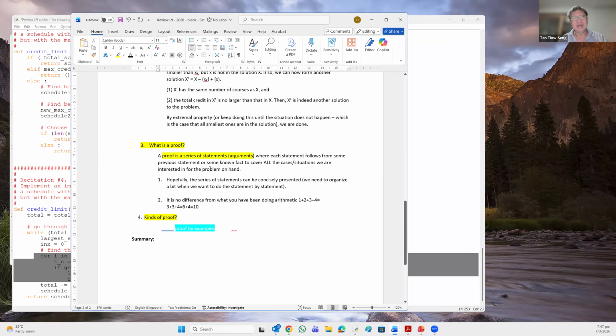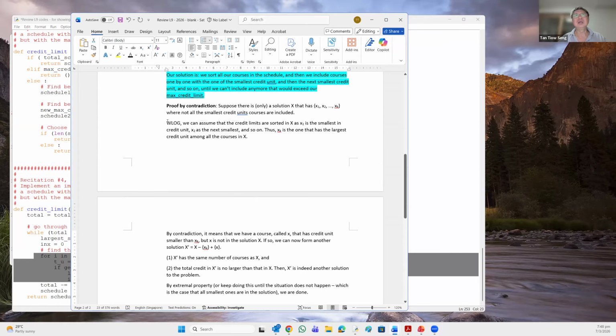And each step leads to another step through some fact or some statement that we have previously proven. All right, so this is the logic that one must have when they are doing proving. So it is always a series of statements concisely presenting the argument. So you see that just now this argument here,